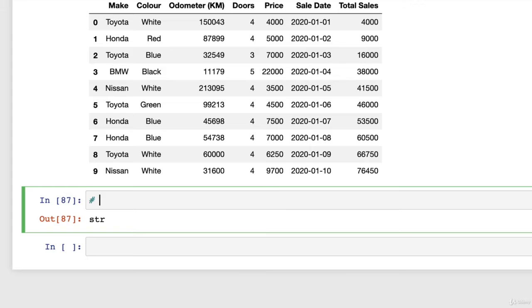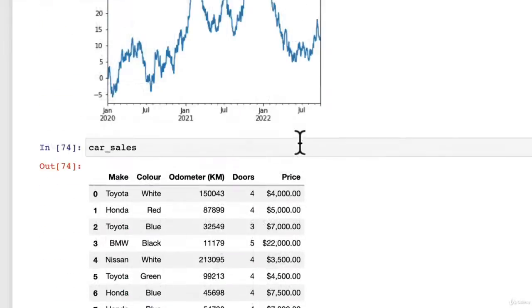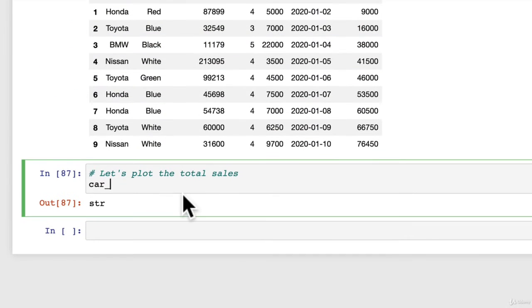And now, let's plot the total sales. So we want car sales. We want to see what our total sales looks like over time. So kind of replicating this graph here, but with our own data. Car sales dot plot x equals